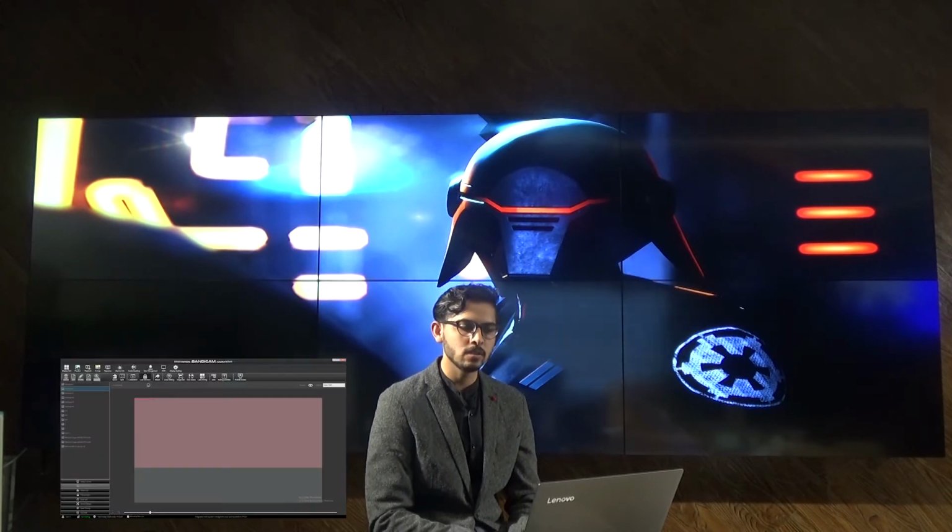Customize mapping. We can customize the output mapping from our control PC software. For example, we plug the output nodes into our video wall, and after that we want to make some modifications, so we can customize the mapping and modify it according to our requirements. So let's try this one.